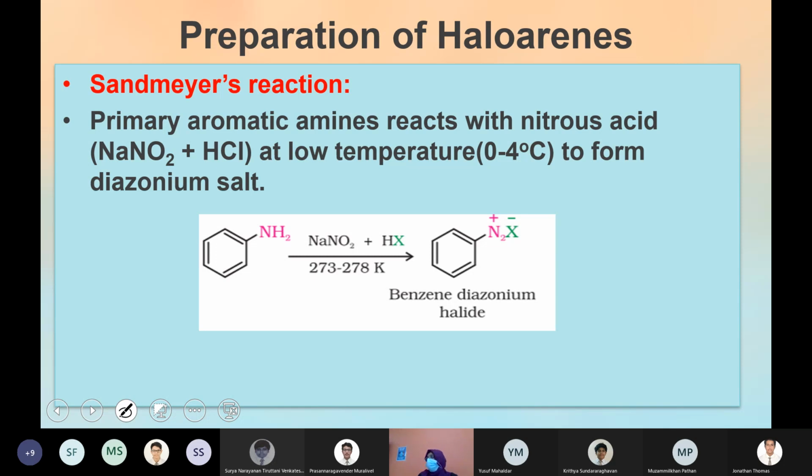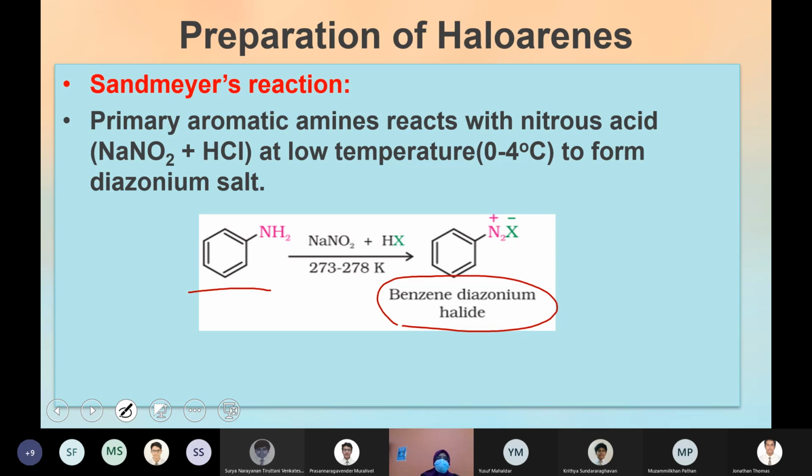Sandmeyer's reaction is actually a two-step reaction. You can write it down later. First, just pay attention. Understanding is more important. The first step is formation of a diazonium chloride. You can even perform this reaction in the lab. The same reaction repeats in the chapter Amines, the fourth organic chapter, because your starting material is an amine. That's why it's very important, because it's repeated in different chapters.